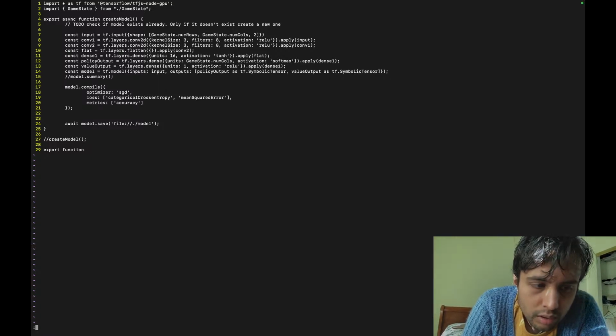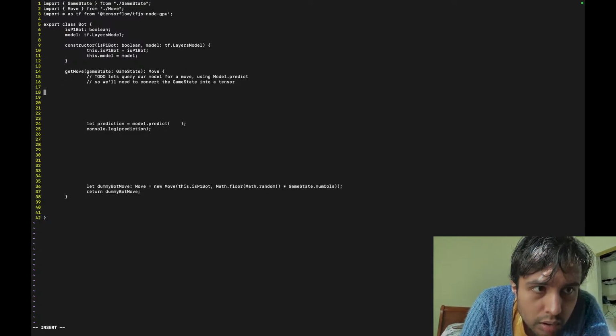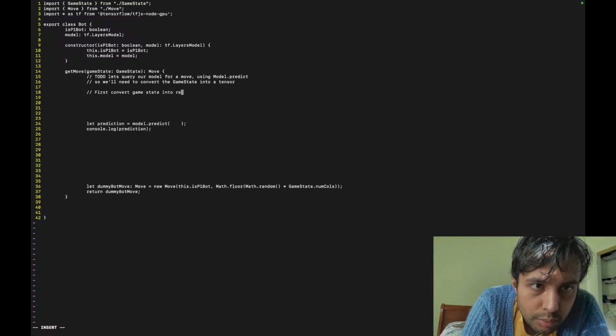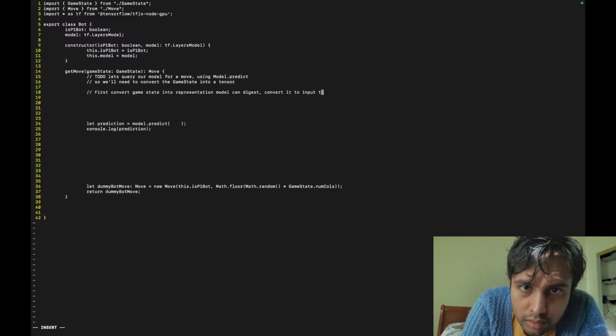Well, what are you trying to do again? So what we need to do is first convert game state into a representation the net model can digest, convert it to input tensor.